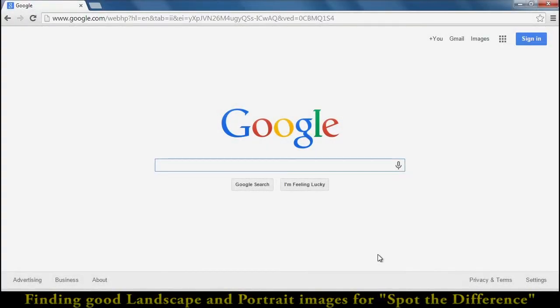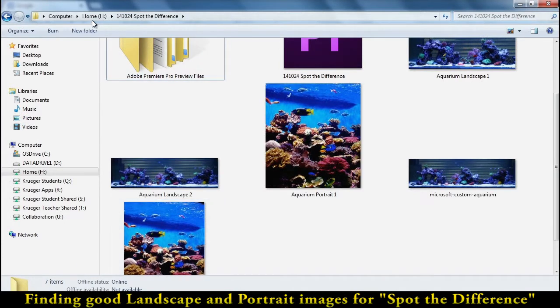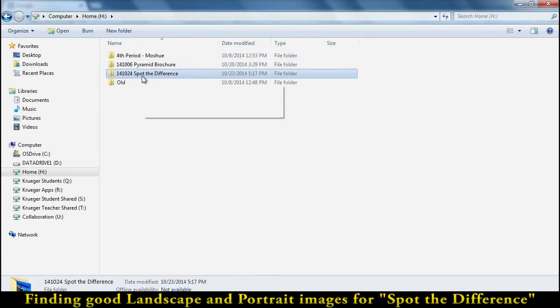Hello everyone. I would like you to look for some images that we're going to be using in our Spot the Difference game. Before you go searching for the images, I want to make sure that you have a proper place to put them. So please make a new folder and start with today's date,